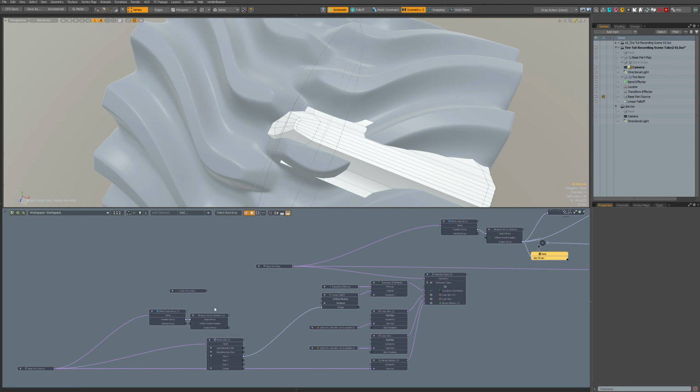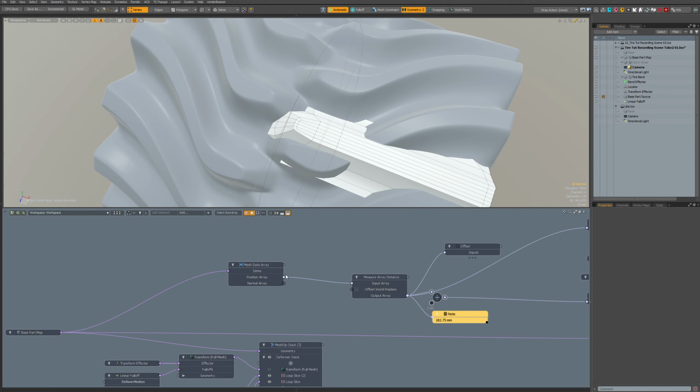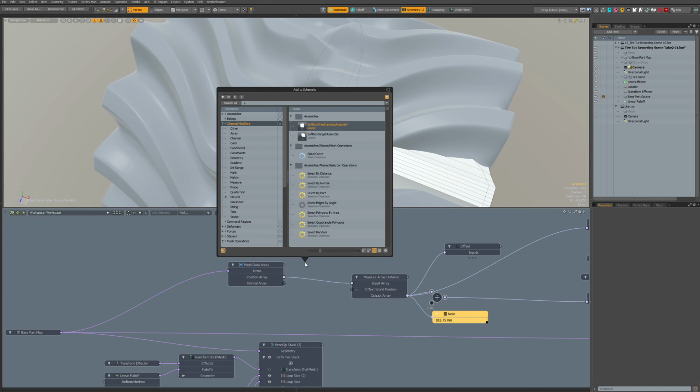We could actually use this. We take array element by index.